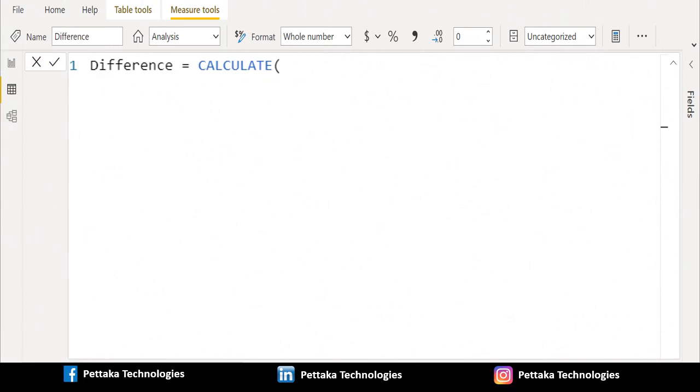We can also achieve this result using another DAX function. We use same measure and we will start with calculate DAX function. We will replace sum DAX function with sumX DAX function and select analysis table.